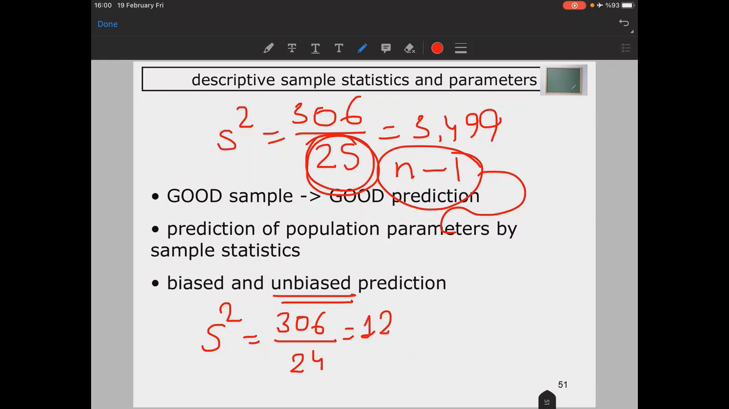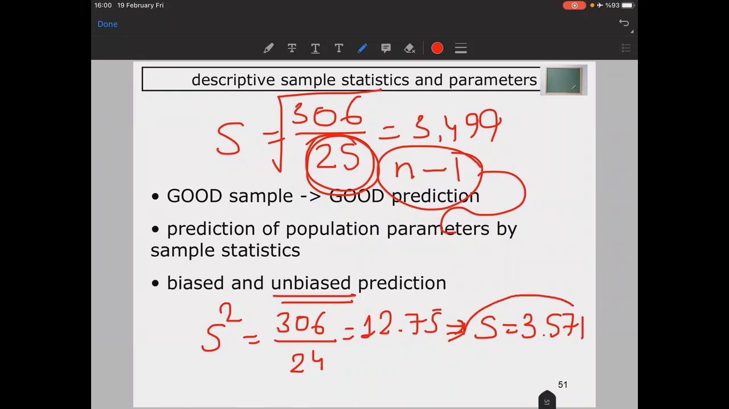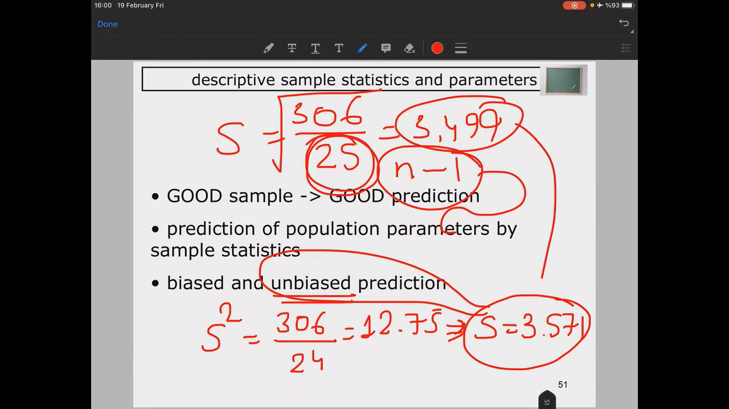I'm sorry, this should be your S. We're talking about the standard deviation here, right? So it should be the square root of this one, and it should be 75, and when you take the square root of this one, your S would be 3.571. Okay, this is the unbiased one, and when you compare them, this would be your biased